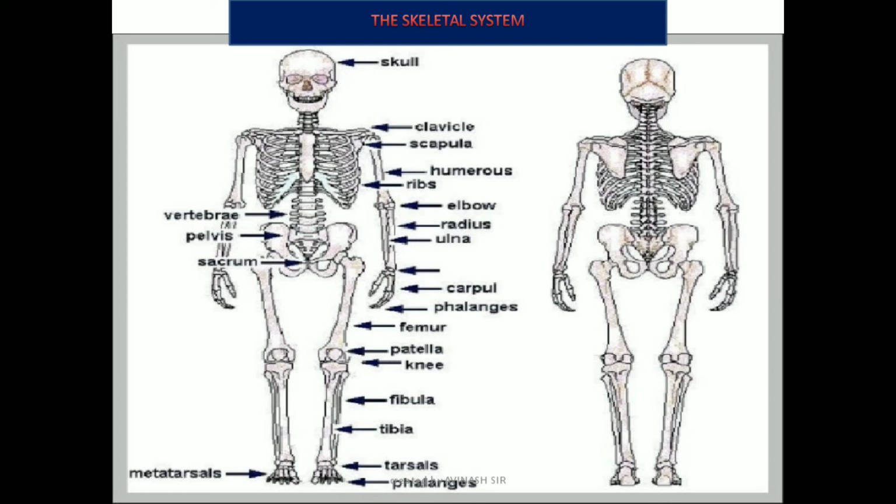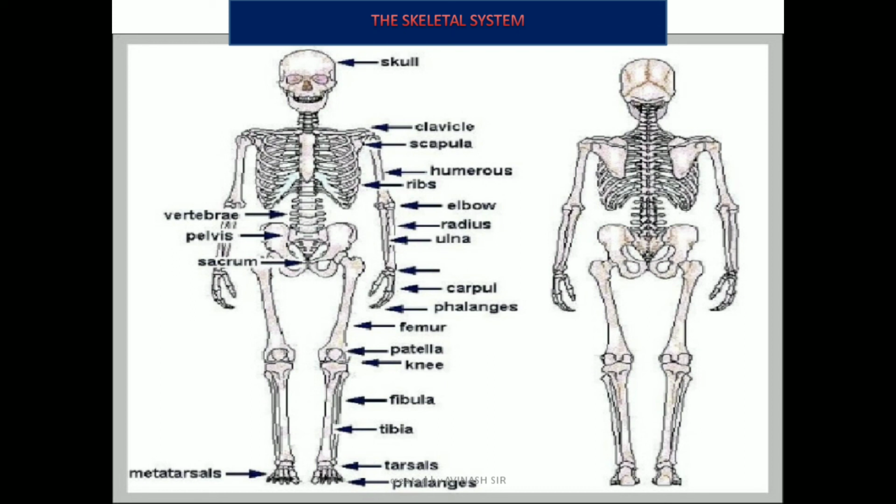Next are the bones of the foot. The bones of the foot are mainly of three types: ankle bones or tarsal bones, instep bones or metatarsal bones, and the phalanges, described as below. Ankle bones or tarsal bones. Their number is 7. These are small bones. They form the wider part of the foot, that is heel, ankle and foot. They are thicker and stronger than the carpals of the wrist. They carry the whole weight of the body by dividing it like the wrist bones. They are also in two rows.